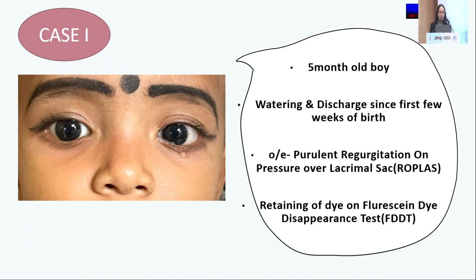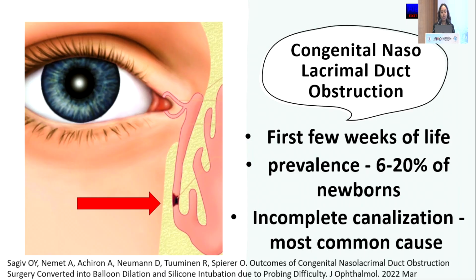This is a 5-month-old boy, came with watering and discharge since the first few weeks of birth. On examination there was purulent regurgitation on pressure over the lacrimal sac area, and there was retention of the fluorescein dye more than 5 minutes after instillation. So this is a case of congenital nasolacrimal duct obstruction, which presents in the first few weeks of life, and